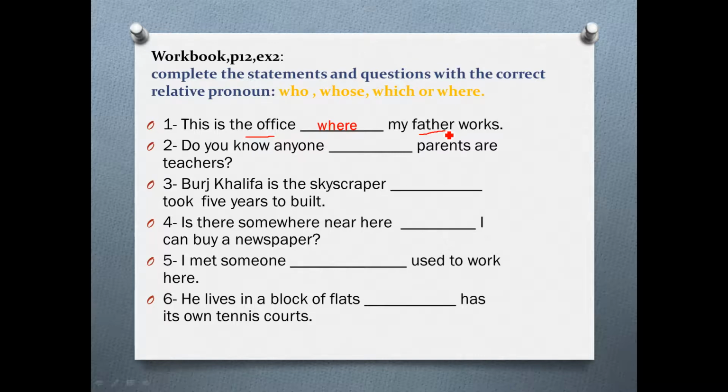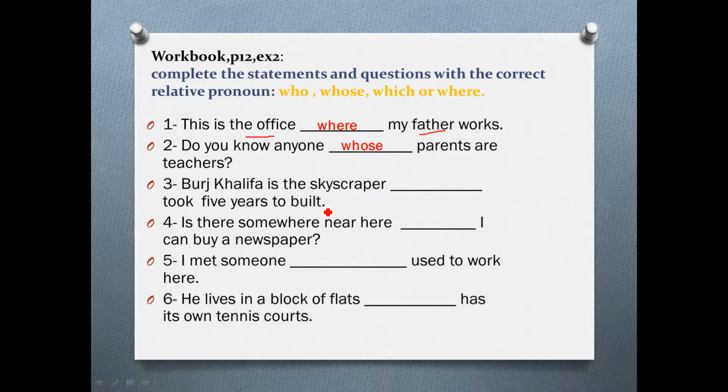Number 2, do you know anyone؟ هل تعلم أي شخص أو هل قابلت شخصا؟ Blank parents are teachers. والداه يعملان كمعلمين. Now when I say your parents or my parents, actually I'm talking about possession. أتكلم عن الملكية. والدك أو والدي. So the most accurate pronoun would be whose. إذا الضمير المناسب هو whose. هل تعرف شخص والداه يعملان كمعلم أو معلمين؟